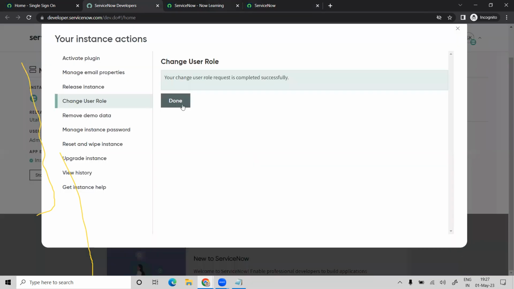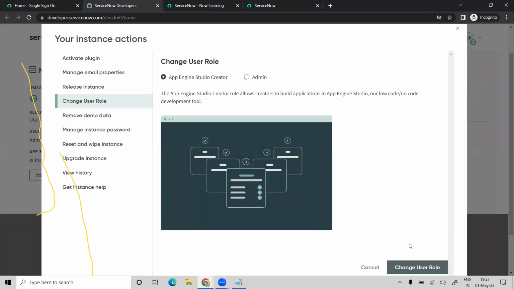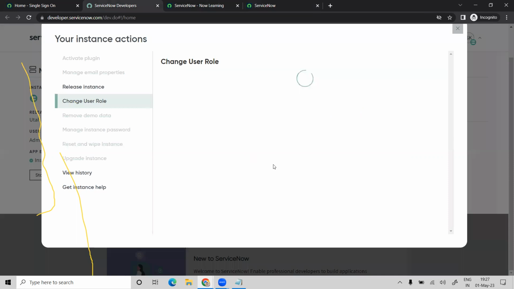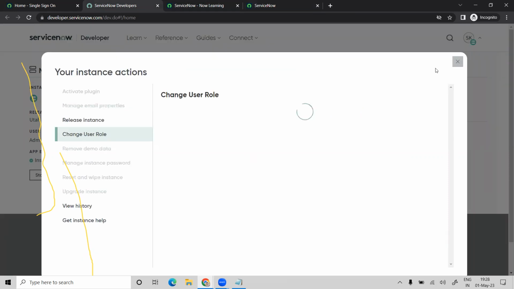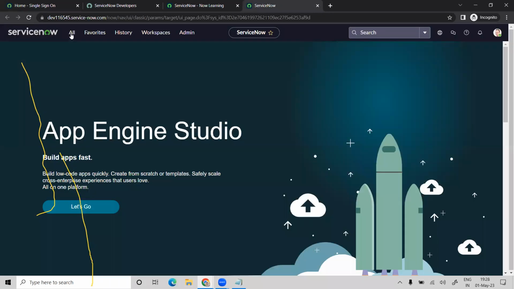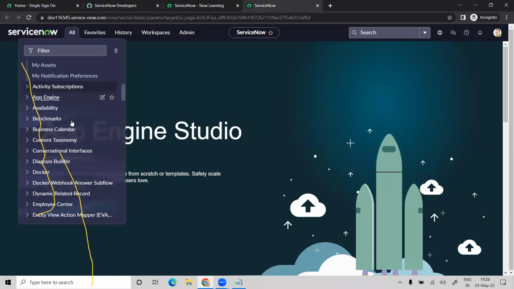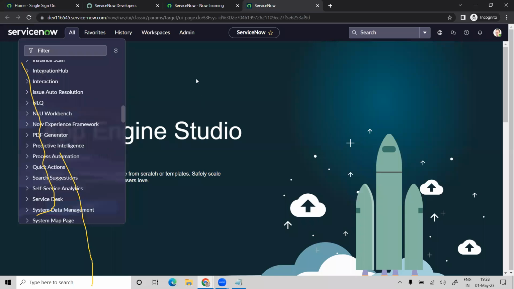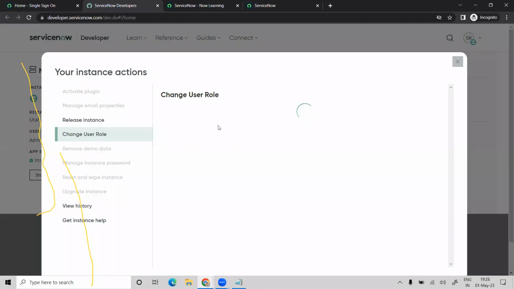Meantime, see, I have changed this role. So change user role. We'll check how the view looks for App Engine Studio. If it is an admin, it will be like this as a developer. So we do have a lot of work which we do in this instance. Okay, so if it is App Engine Studio,